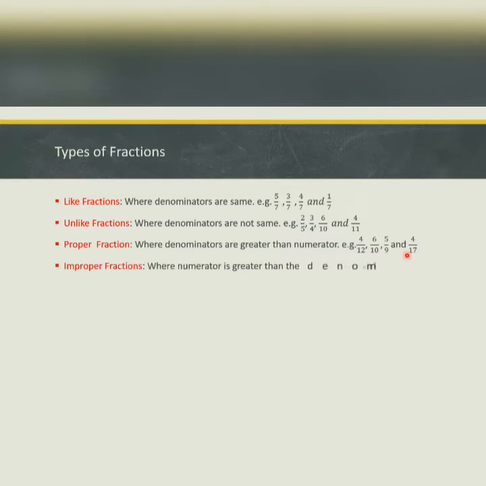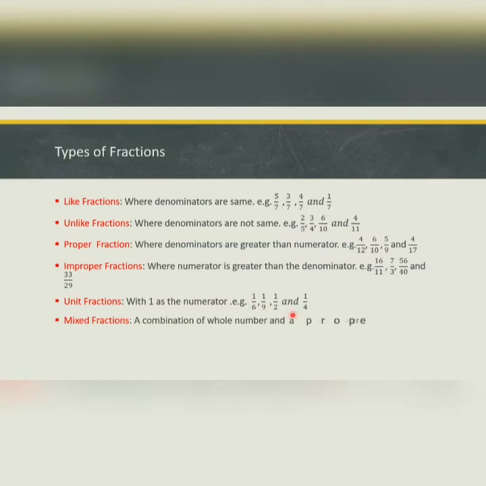Now improper fractions are fractions where the numerator is greater than the denominator. For example, 16 by 11, 7 by 3, 56 upon 40 and 33 upon 29. In all the above examples, the numerators are greater than the denominators. Now the unit fraction. A unit fraction is a fraction with 1 as the numerator. It doesn't matter what the denominator is, but the numerator should always be 1. For example, 1 by 6, 1 by 9, 1 by 2 and 1 by 4.